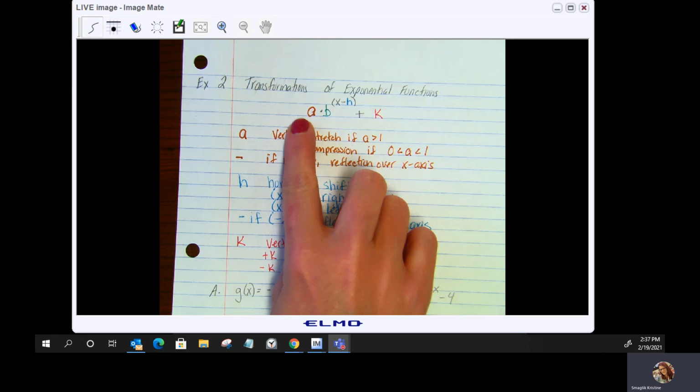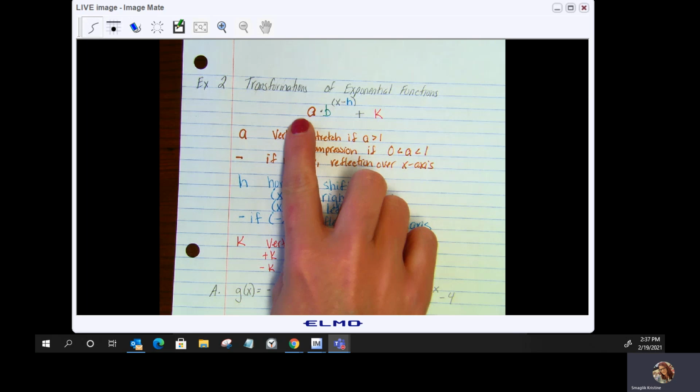Now let's go ahead, let's pull up Desmos, and let's take a look at what some of this looks like. And I encourage you to play around on Desmos to get familiar with how these graphs will look. So we started out with 3 raised to the power of x. Y-intercept of 0, 1. I have an asymptote at y equals 0. And now let's reflect it over the x-axis. So I'd have a -3